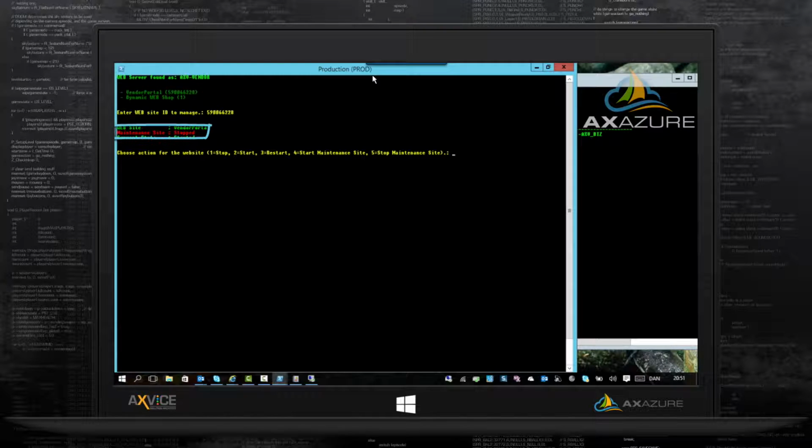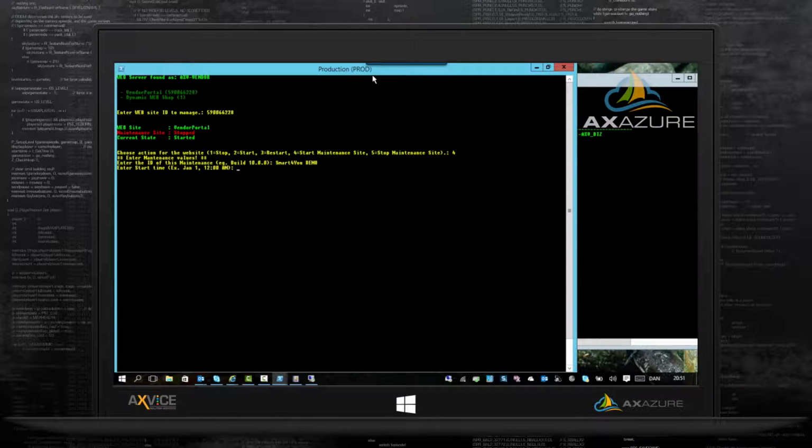So as you can see, it didn't show the maintenance site because it's out of scope of the sites. And I can do different things. I can stop this site. I can restart the site, but I can also activate the maintenance site. So let me try to do that. So when I activate the maintenance site, I can put in a build number. This is information that shows on the maintenance site. So I'll say Smart for You demo.